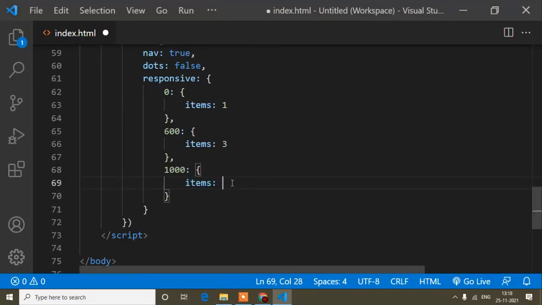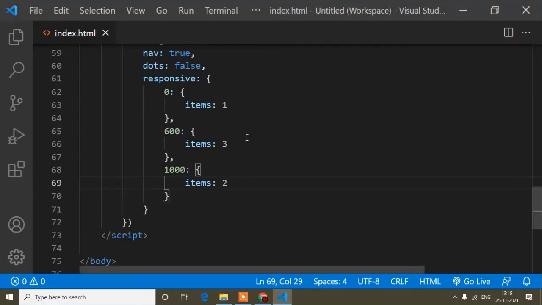But if I want to show 2 items by default when the screen size is more than 1000, you can see my screen size is more than 1000, so it's showing 2 items at a time, 1 2 like this. This is actually responsive. When the screen size is 600, it will show 3 items.